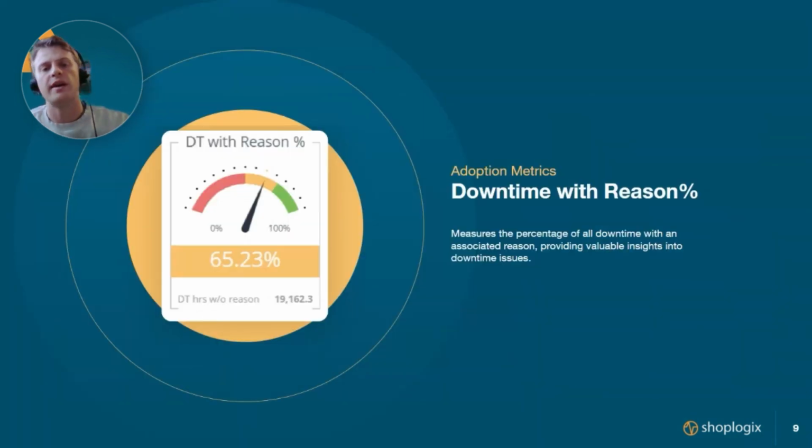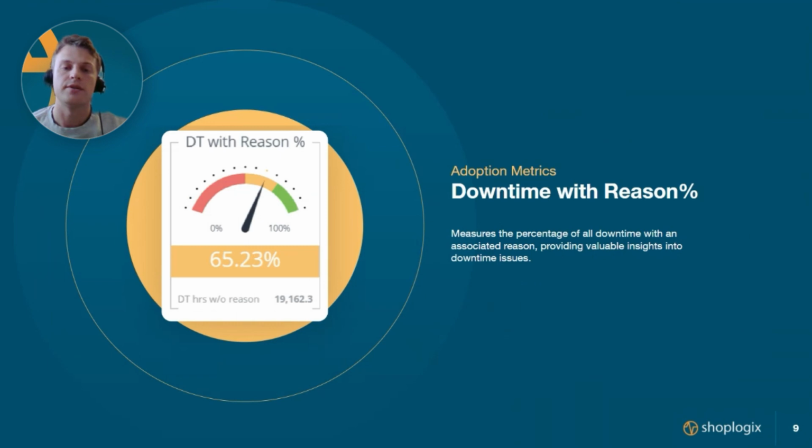So I've introduced the dashboard and the metrics at a high level. Now I want to actually walk you through each of the individual adoption metrics that we've launched, a little bit about why they're important and how they work. And then after this, I'll take you into a short demo and actually show you the dashboard itself. So the first one here is the